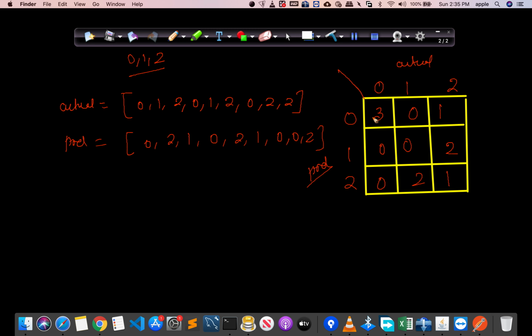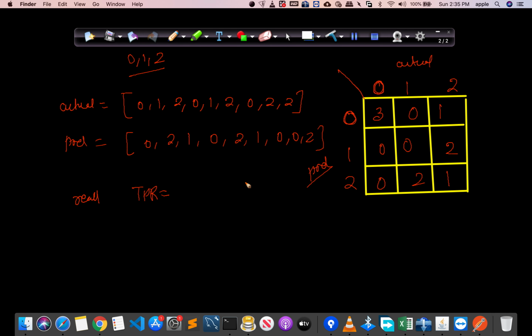Suppose we want the true positive rate for this one. I will just explain how to interpret this. See, this was actual 0 and this was predicted 0, and we have 3. And nowhere can we see that 0 was predicted as 1 or 2, which means that we are classifying these 3 properly. This is 100% recall, since the true positive rate is also called recall.